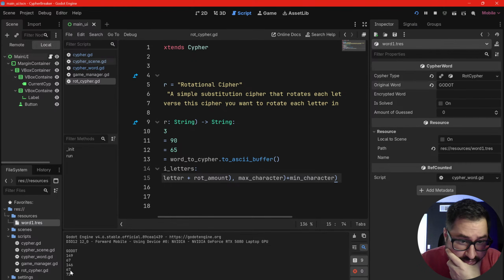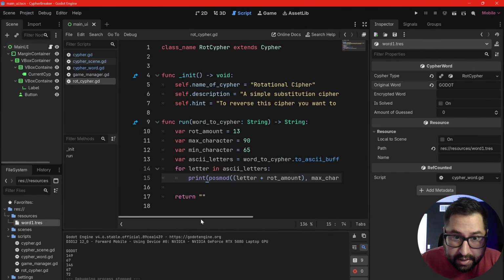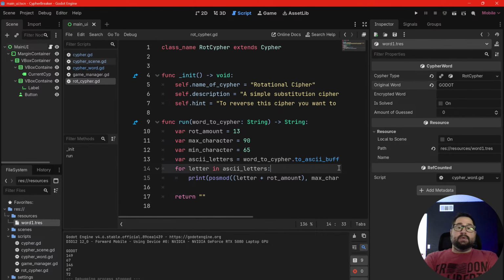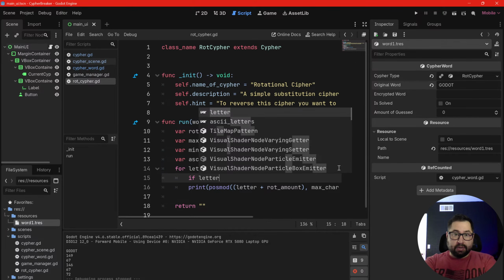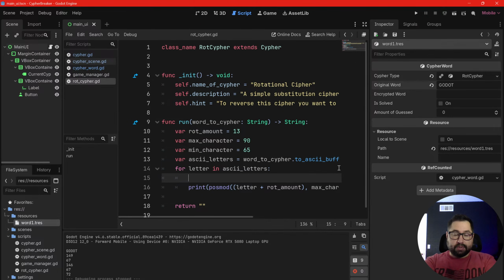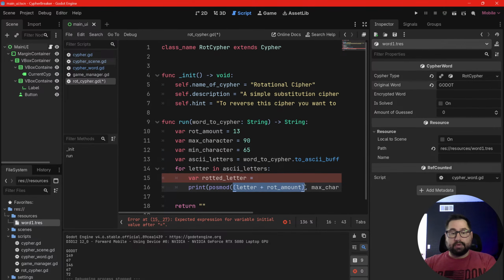Well, it gave us the wraparound for these, but it didn't give us the wraparound for the other ones. Oh, because we need to do a check. So let's do var rotted_letter, which is going to be equal to letter plus rot